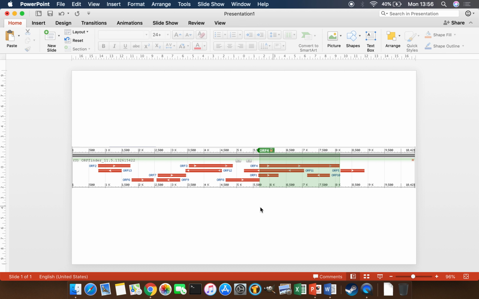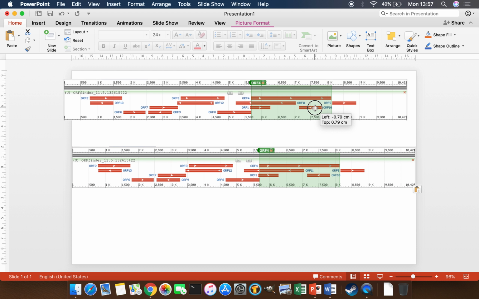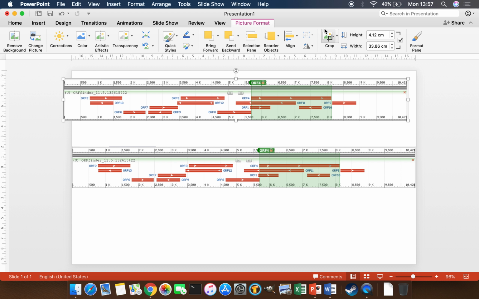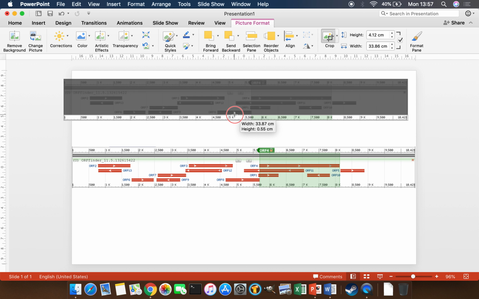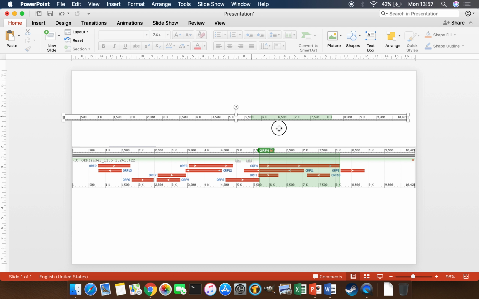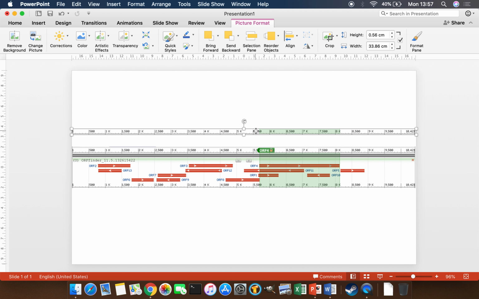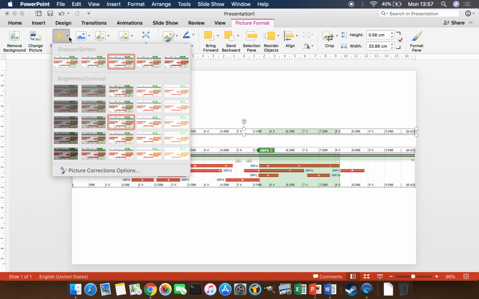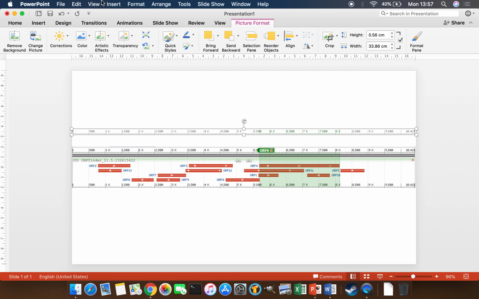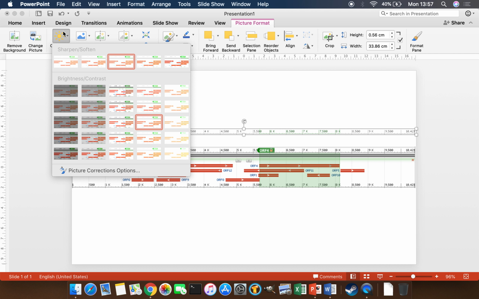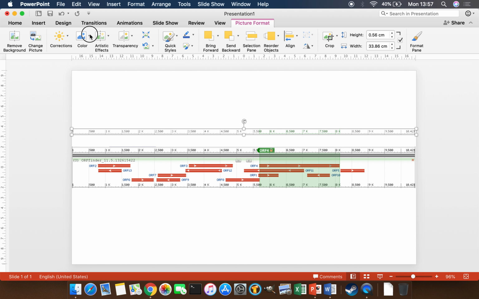Okay, and so what we've got here is kind of an outline. We've already got a really nice scale bar on the bottom, and I would say let's just keep this scale bar. Why reinvent that wheel? So Control Paste, let's copy that, and in PowerPoint you can just crop it down, but you can crop it in any program that you could possibly be using. Okay, it's still got a little bit of green in there, and I think that's kind of ugly. So we're gonna go something like that, brighten it up,